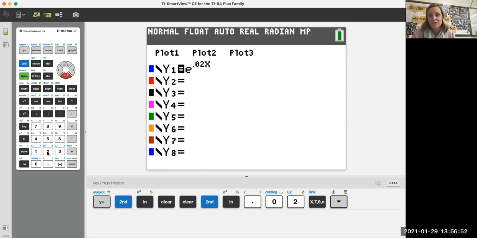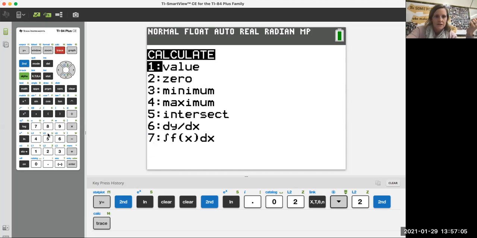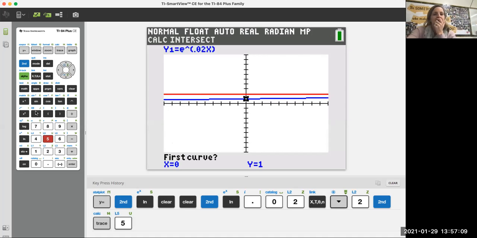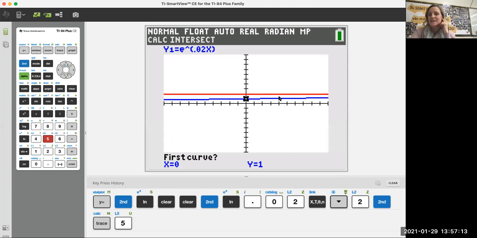So you've done this before. You take both sides of your equation, make one y1, make one y2, and we're just going to find the intersect. So what you do is you go second, trace 5, and it will graph your intersect. Oh, I didn't think about this. Our window is off. Okay, think about what makes sense with your window. So if you don't see anything here, if it didn't work,